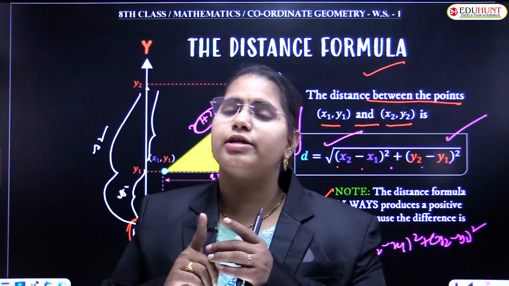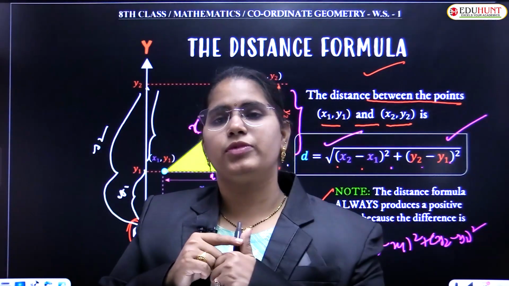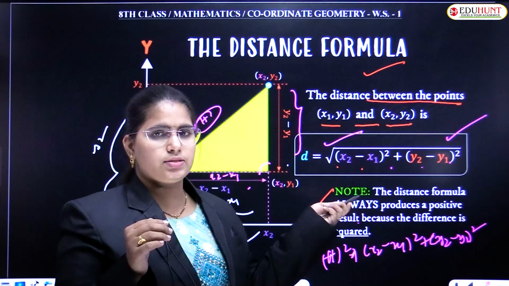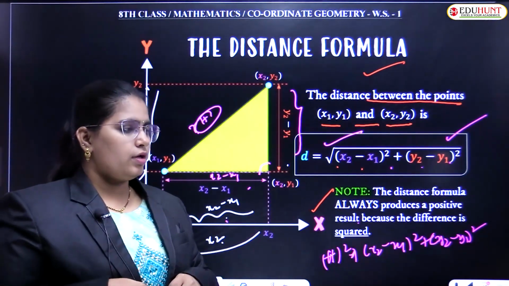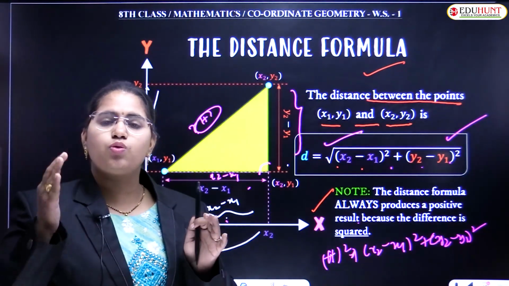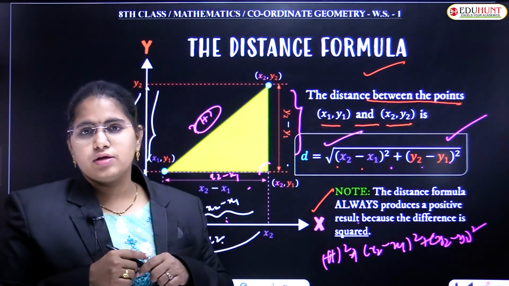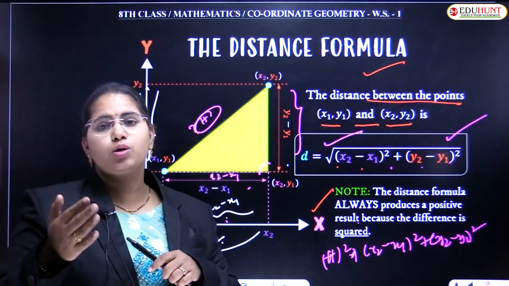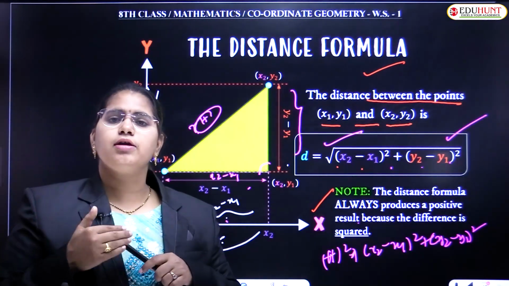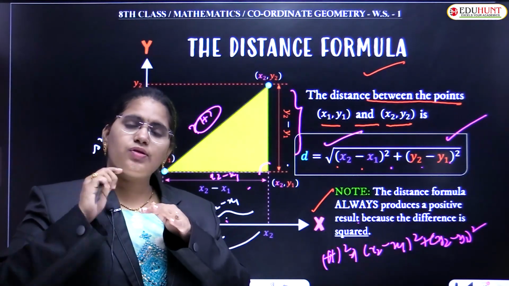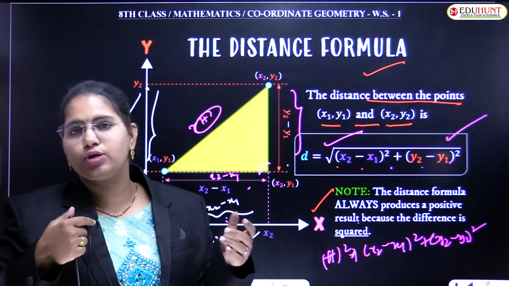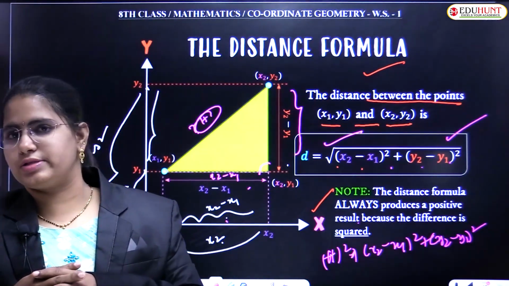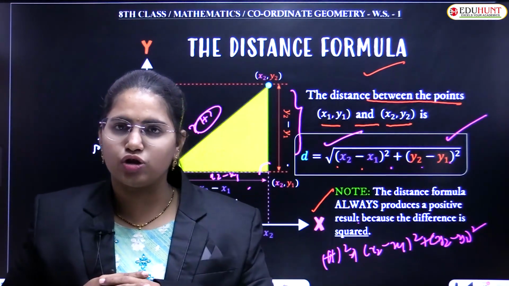Yes or no? And the distance between two points formula is under root x2 minus x1 whole square plus y2 minus y1 whole square, that is this. Right? And also we have discussed what the equation of a line is. The equation of a line which is parallel to the x-axis is y equal to a constant. Similarly, if the line is parallel to the y-axis, it is x equal to a constant. So all these things we have done in today's session regarding coordinate geometry, right?